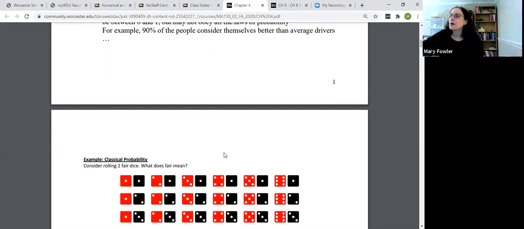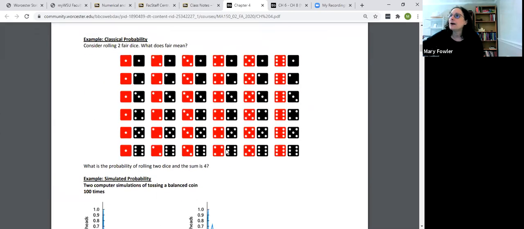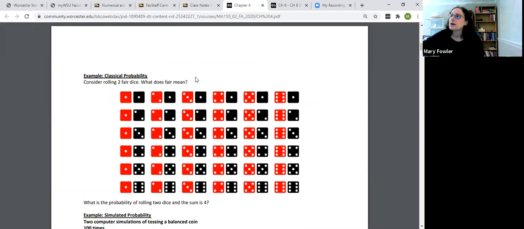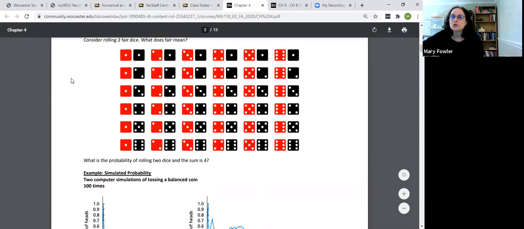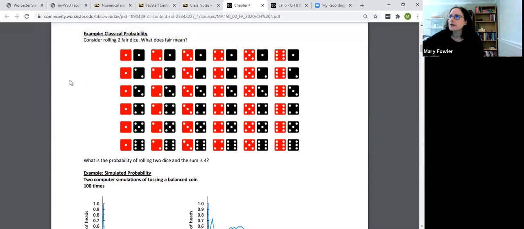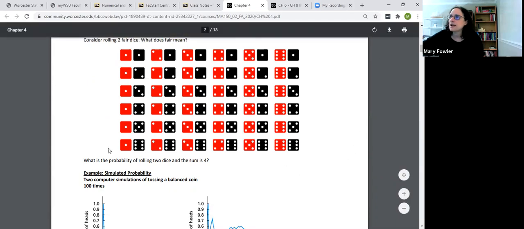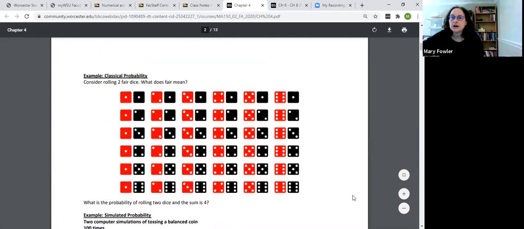All right. So I just want to look a little bit at what we mean by classical probability. Here's a display of outcomes when you roll a red die and a black die. So there are 36 possible outcomes, and when I lay them out in this kind of way, each of these outcomes is equally likely to occur. The red one, because it's fair, is equally likely to spin a 1 through a 6, and the black one is equally likely to spin a 1 through a 6.